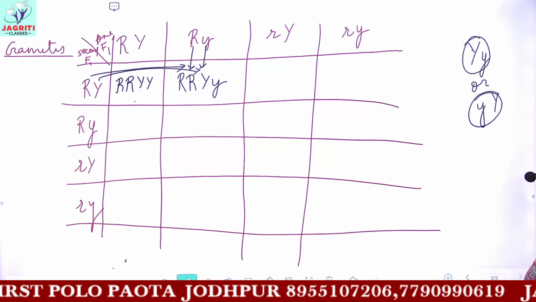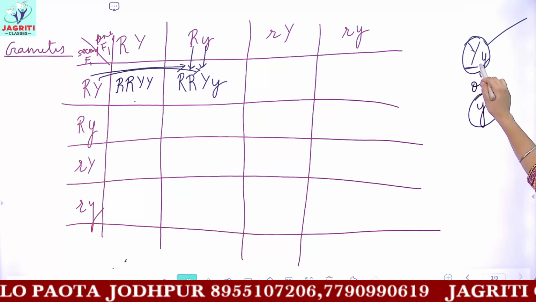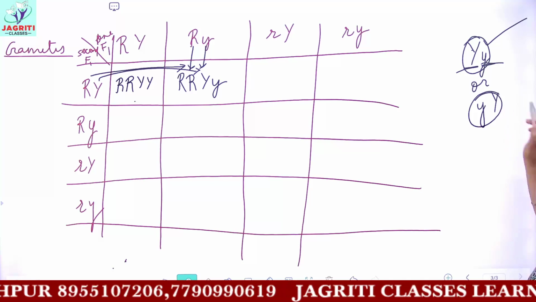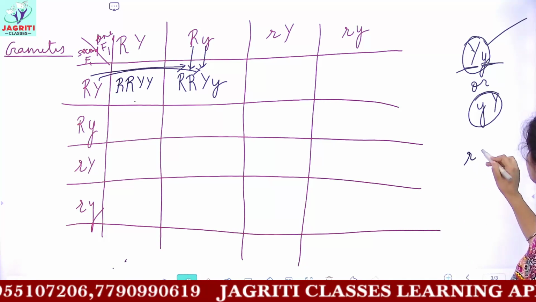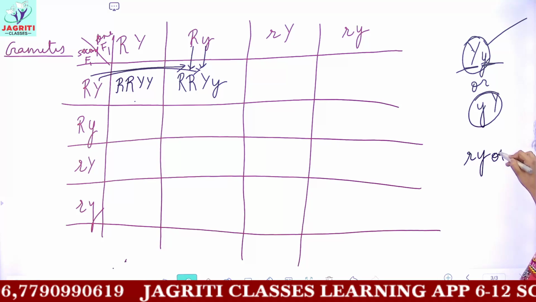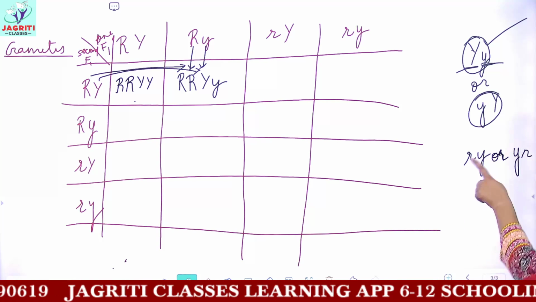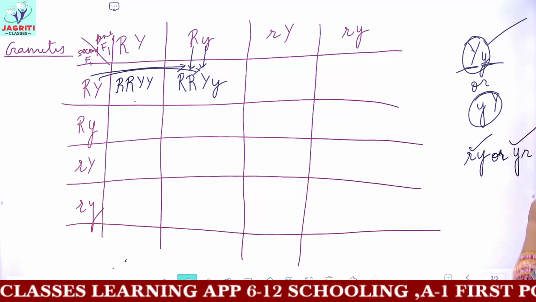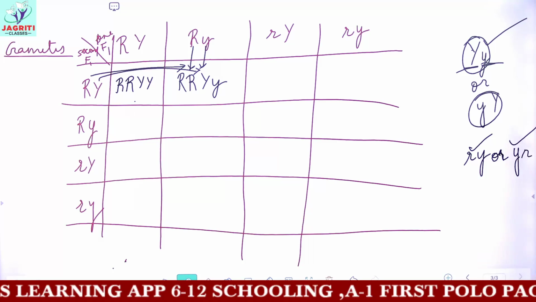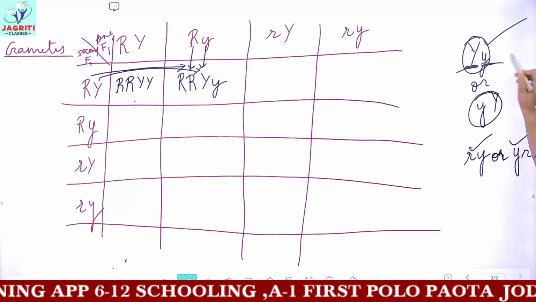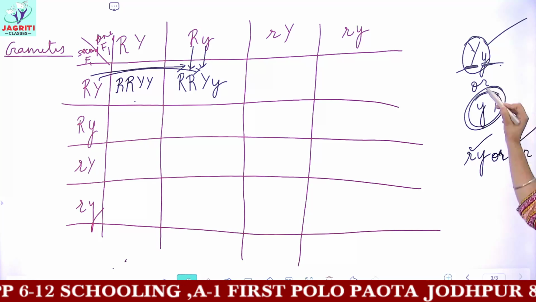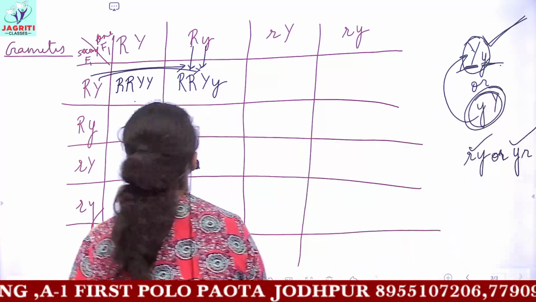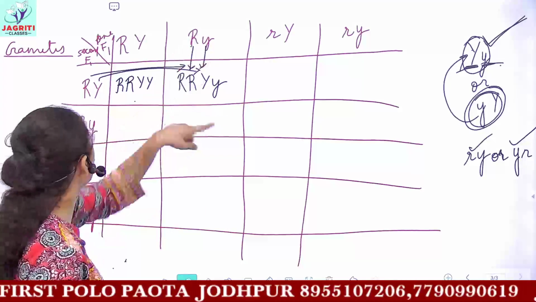But the standard adopted for writing the genotype is that you should first write the dominant trait and then the recessive one. In any condition where the dominant trait is absent, you can write the recessive in either way. That is, when you have both recessive traits, all the notations are correct. But when you have one dominant trait, it is suggested that you write the dominant trait first, followed by the recessive. This is also the same thing, but it is suggested to write in this correct manner. And hence I am writing capital Y small y and not small y capital Y.